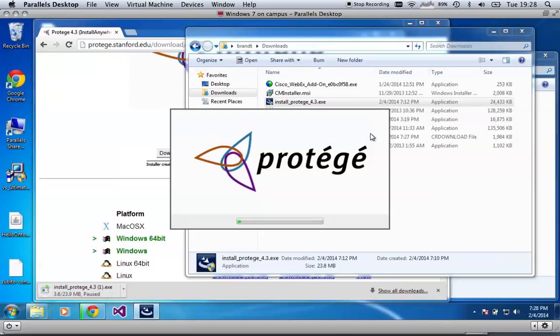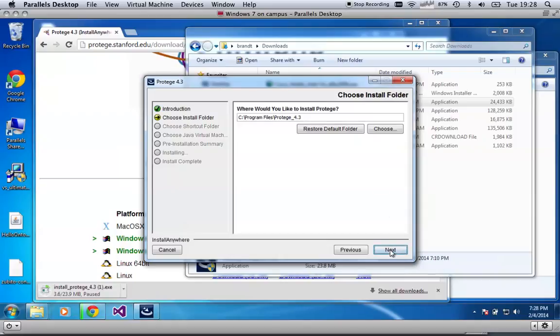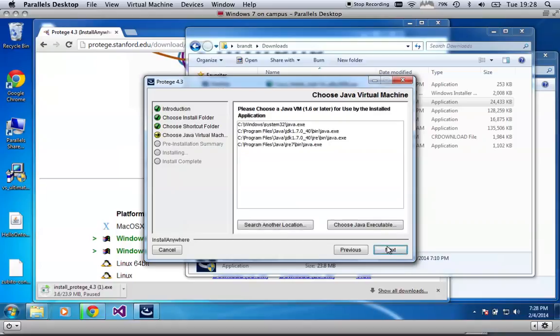There comes the installer. And all we need to do now is click through the installer screens. So the default location where Protege is going to be installed is in the folder Protege 4.3 under program files. We could just as well say let's create a link in the start menu, and now all we need to do is click on next and